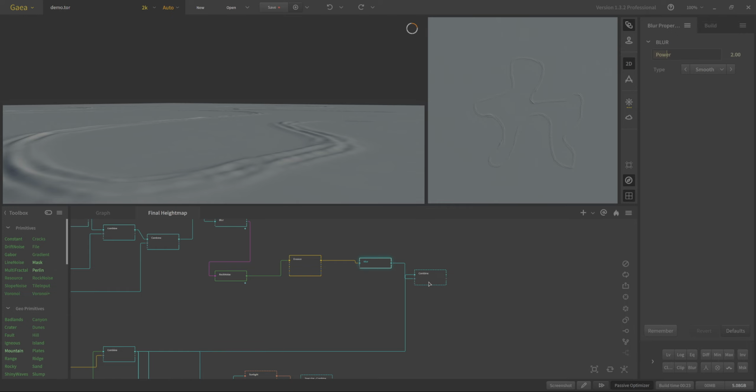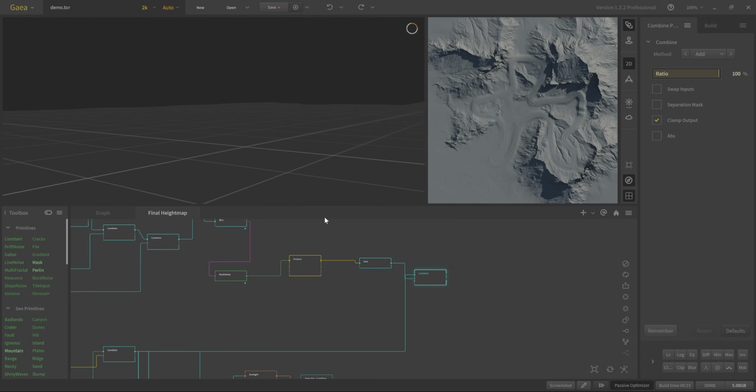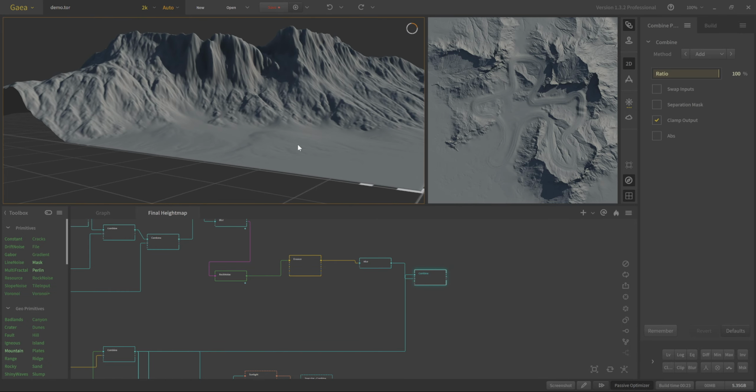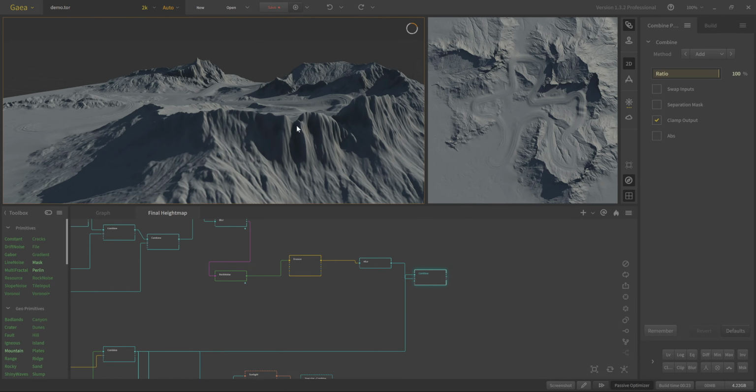And then, just like we did with our rock node before, or with the edge map, we combine it with 100% add to our map. And then now you can see that we've got some ruts and just some berms that are procedurally generated into the terrain, just kind of using that technique. Another really cool feature, I think, about Gaea,